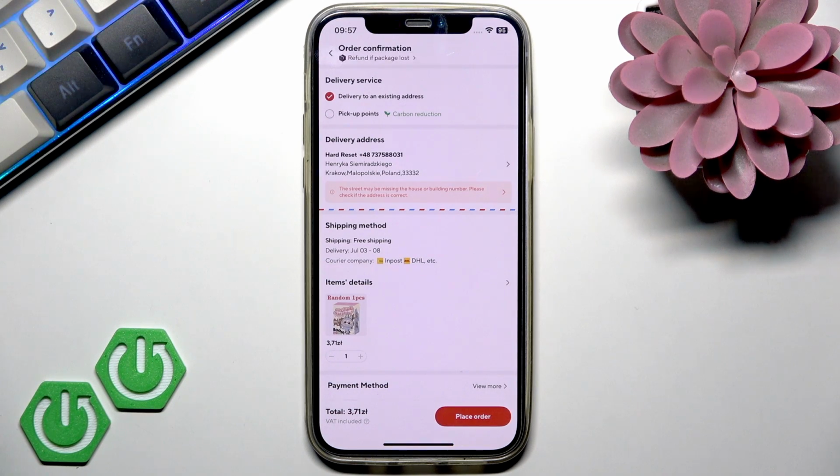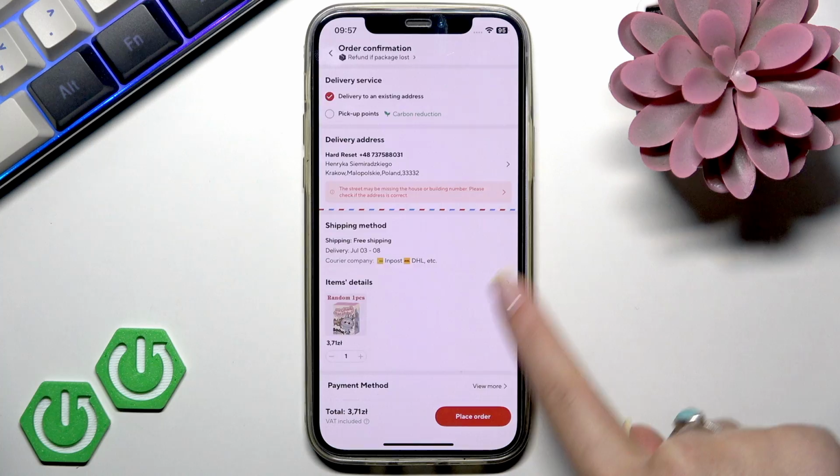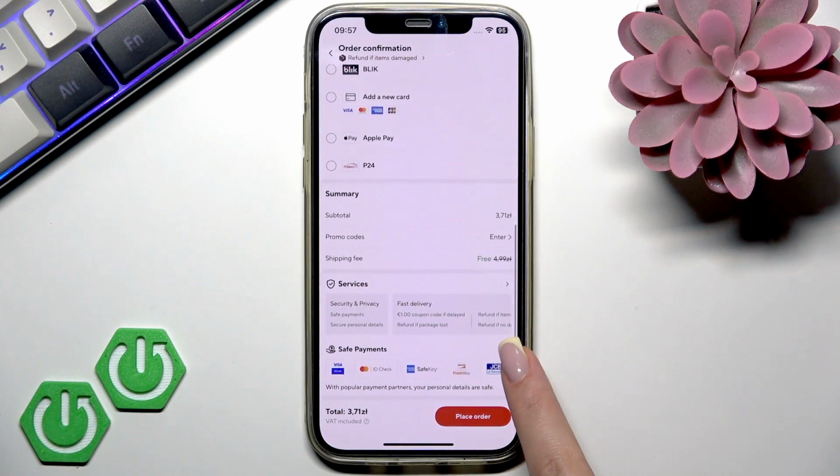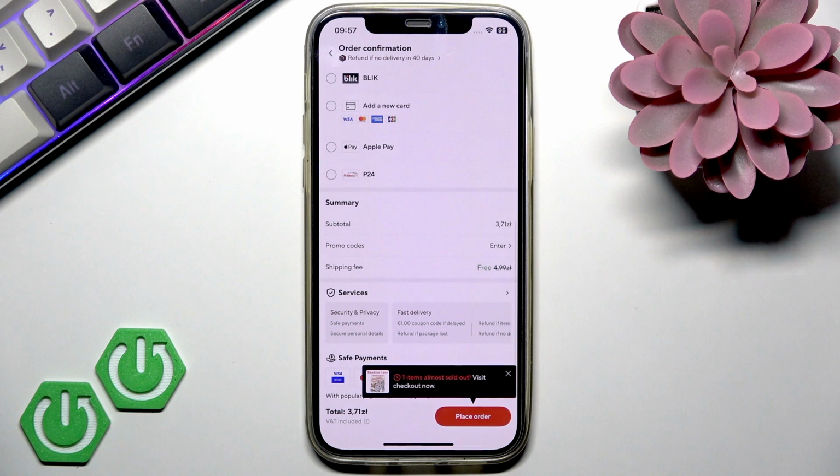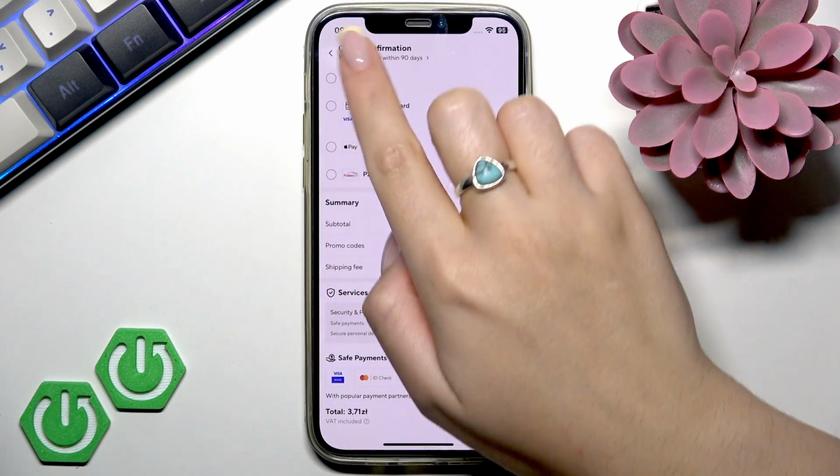And this is order confirmation page. And here, if you scroll down, here basically you should see something like use coins for discount or redeem coins. And if you tap on that, it will show how many coins you can apply to this order. Or do not apply any coins at all. And also one more thing,